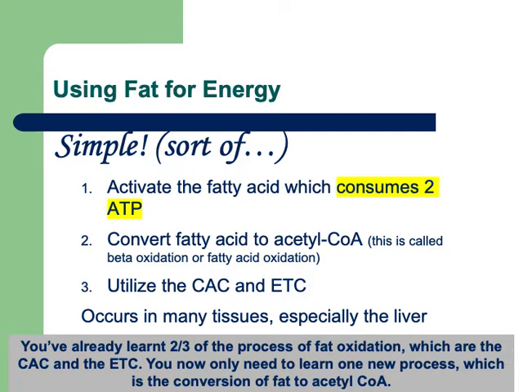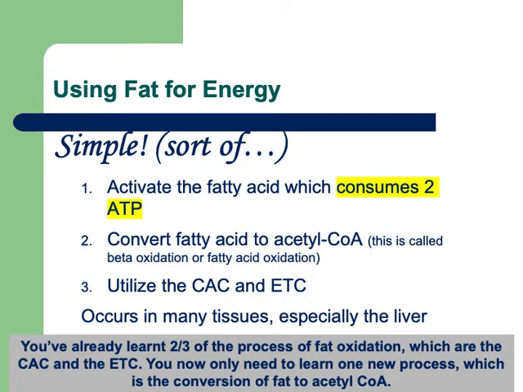So each round of fatty acid oxidation, we're removing 2 carbons until we are left with the 2-carbon molecule, which is acetyl-CoA. For example, if we have a 16-carbon fatty acid that we need to break down, we remove 2 carbons each round of fatty acid oxidation until we are left with the 2-carbon acetyl-CoA. So essentially, we would go through 7 rounds of beta oxidation for a 16-carbon fatty acid until we are left